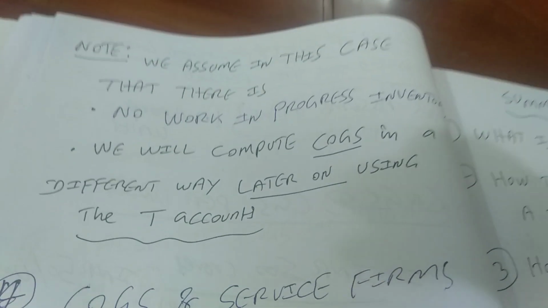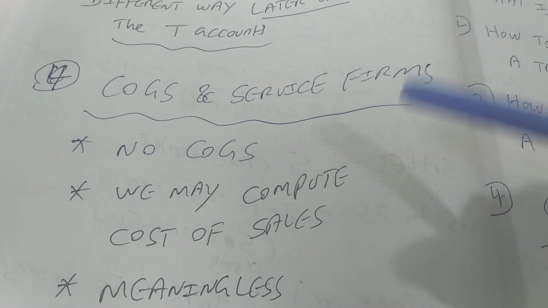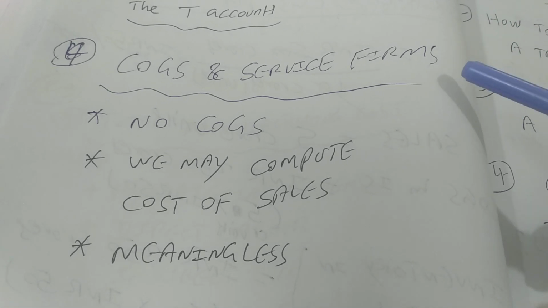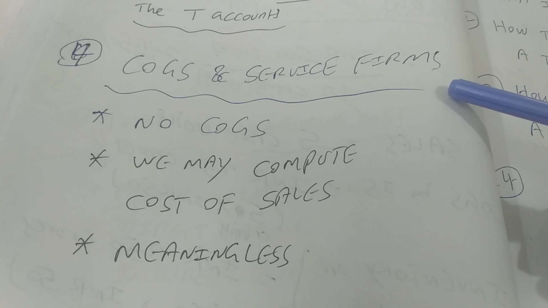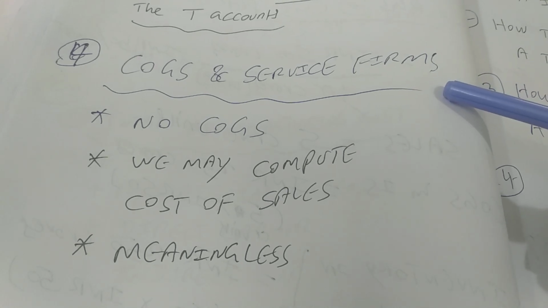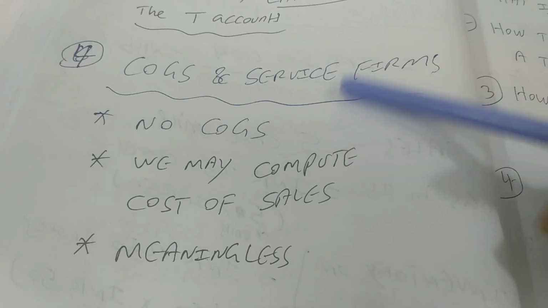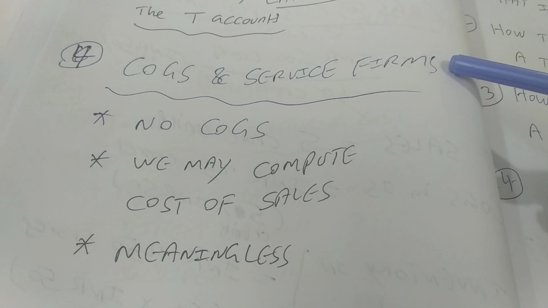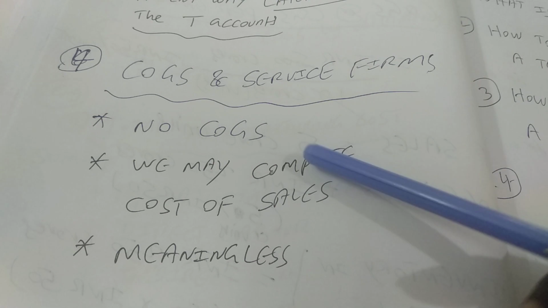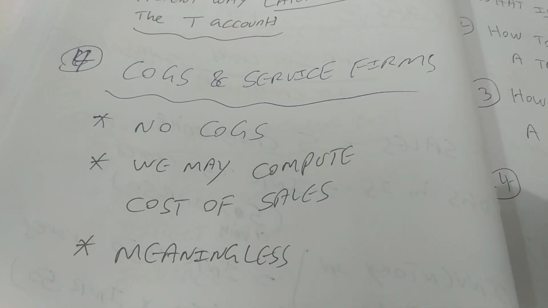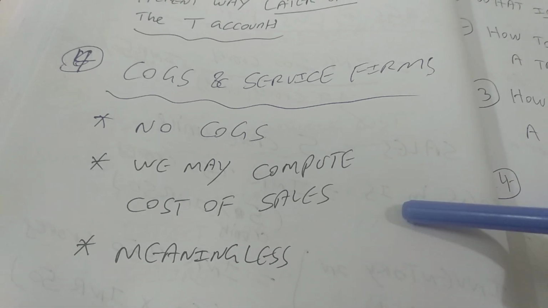So for the time being, this is how we find out cost of goods sold for a manufacturing firm. And the last question is whether cost of goods sold is a significant item for a service company, for example Infosys, TCS, or State Bank of India, or any other bank or financial institution wherein you talk about services, or a media firm like NDTV. Do we need to find out COGS for them? No, we don't compute COGS for them. We may compute cost of sales, that is also an internal number.